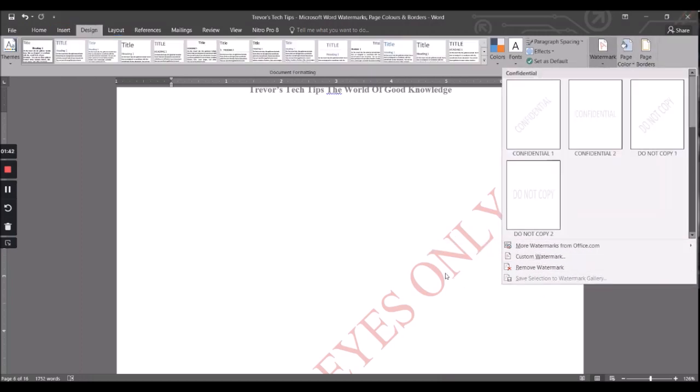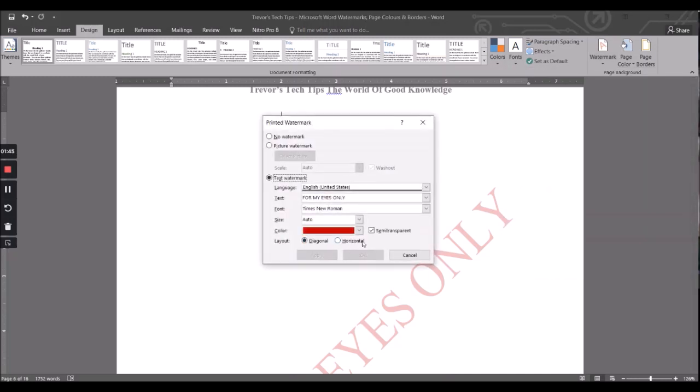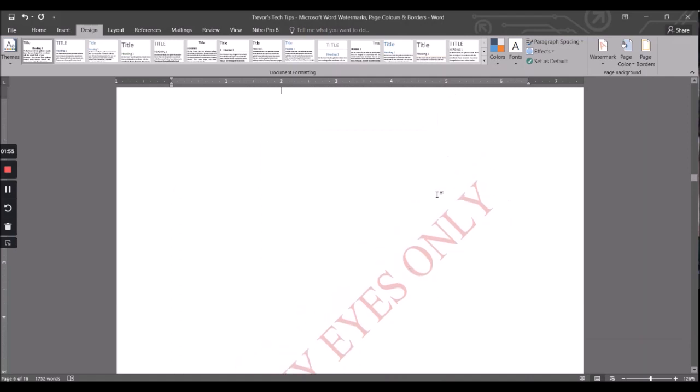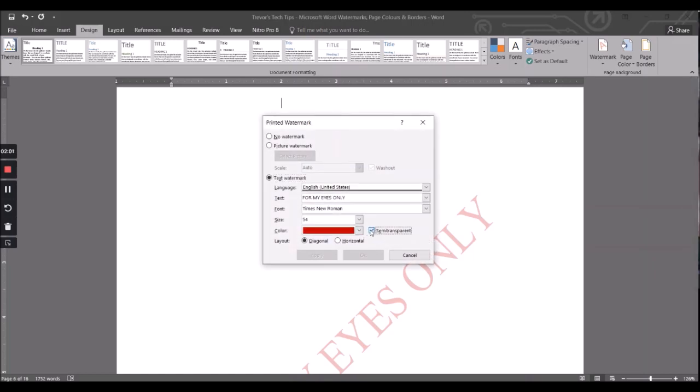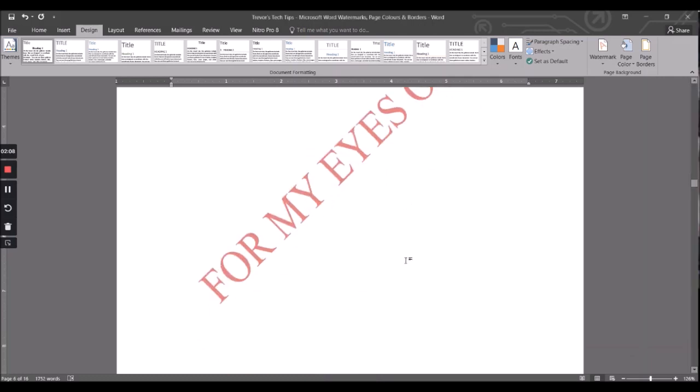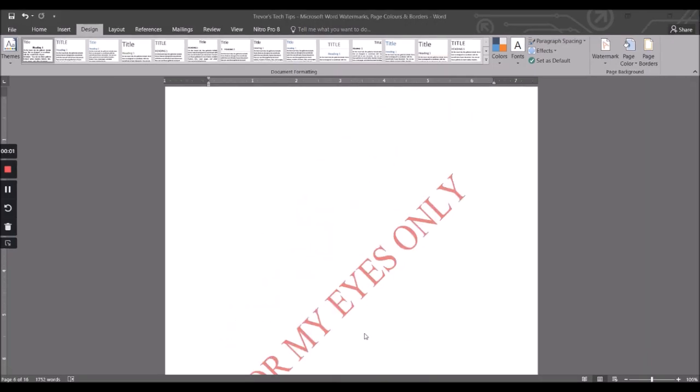Now, go to custom watermark again. You could do a bit of change. You could change the font size. In fact, if you take it off semi-transparent, it actually becomes a little bit brighter. Right, so what we could do is do a custom